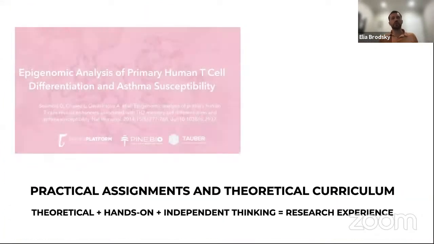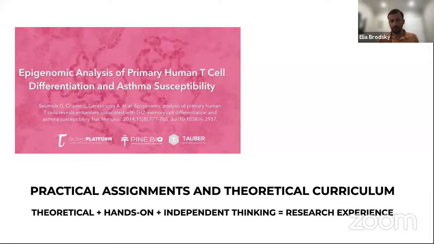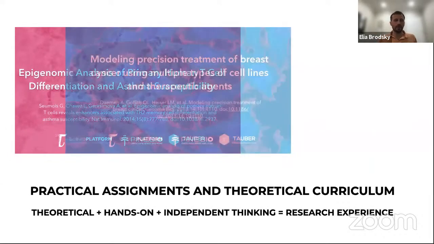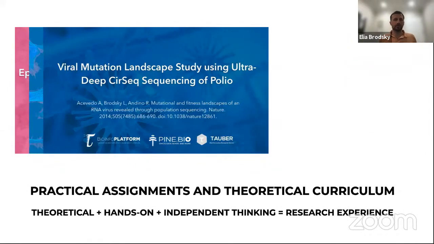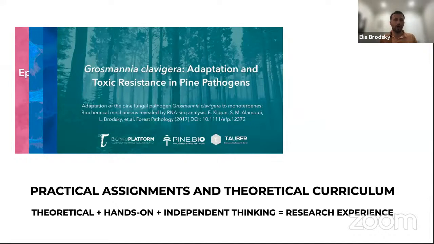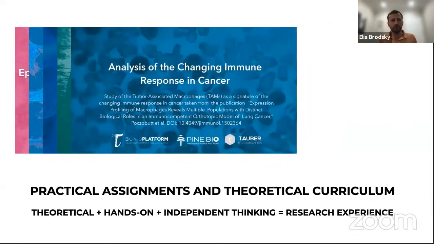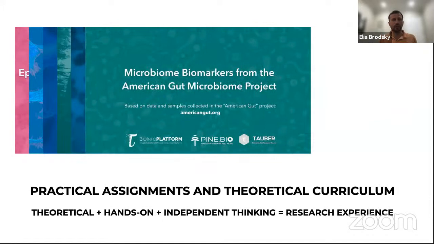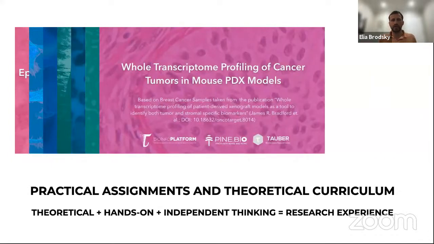And the way we did it is we started developing exemplar projects from peer-reviewed papers that cover a variety of topics, including epigenetic regulation of asthma or precision medicine using cell line models and artificial intelligence, how to apply deep sequencing technologies to understand viral replication, how to study the changing landscape of the ecology and understand how we can intervene, how to understand the immune responses in cancer, how to study the microbiome of individuals that are scattered around the world and understand what factors are affecting the microbiome, how to study these animal patient-derived xenograft models or PDX models where you can study cancer coming from a human in an